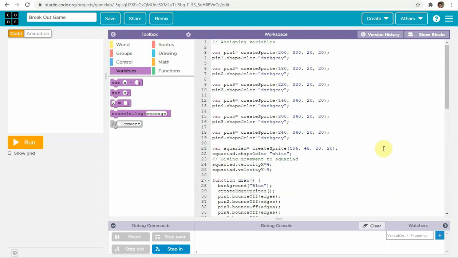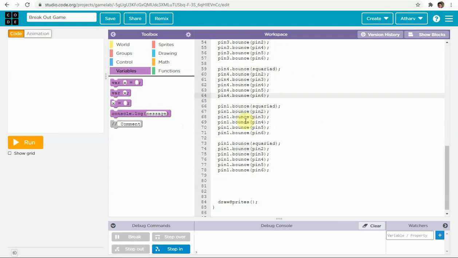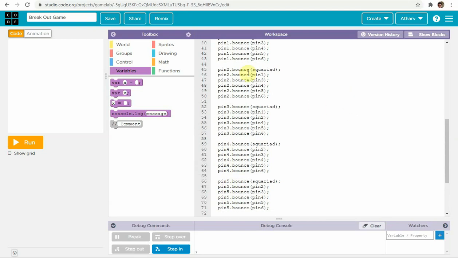This code you'll find in the description box. Here's pin 5, and now here's pin 6. Right. Now let me change it in this panel.